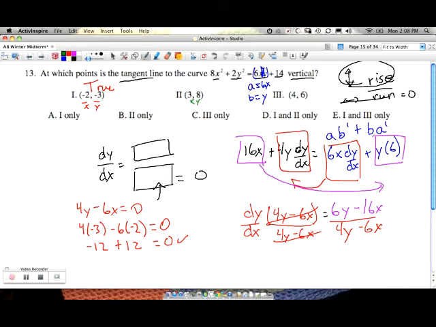3 and 8. Remember, again, this is our x and our y. So that's going to become 4 times 8 minus 6 times 3, or 32 minus 18. That does not equal 0. So that's false. Let's move into another one here. Give me a new color. How about